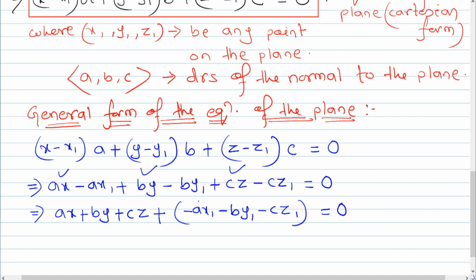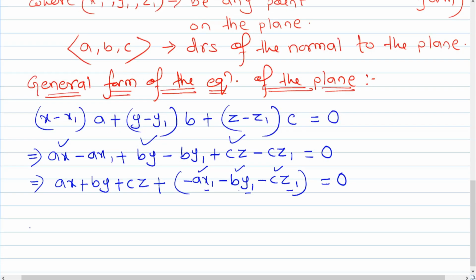Here a, b, c are numerical values, and x1, y1, z1, the coordinates of a point, are also numerical values. So this is a constant, and you can write this equation as ax plus by plus cz plus d,